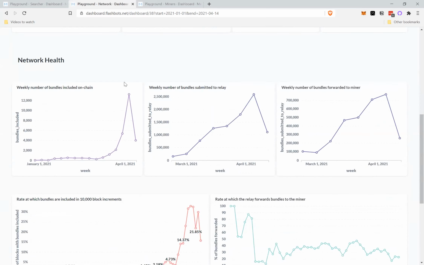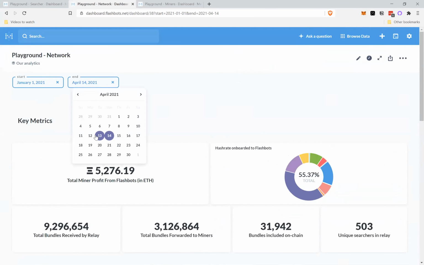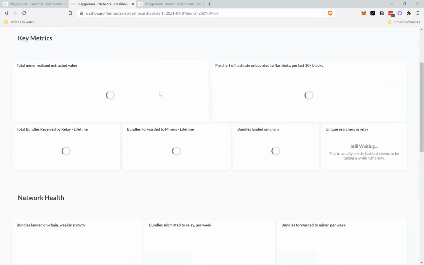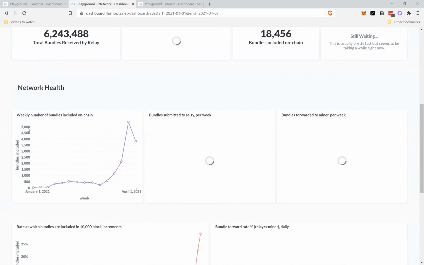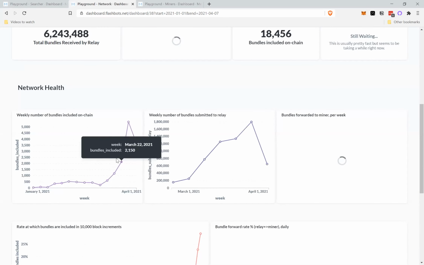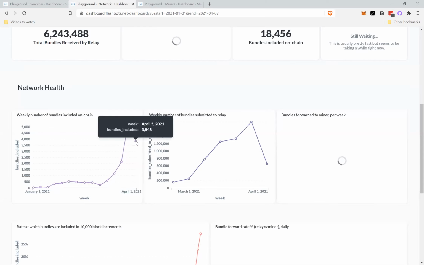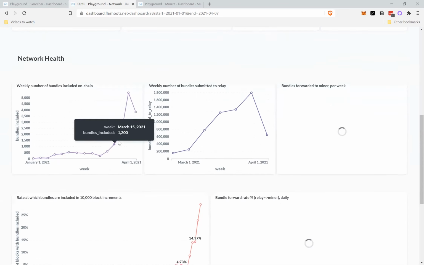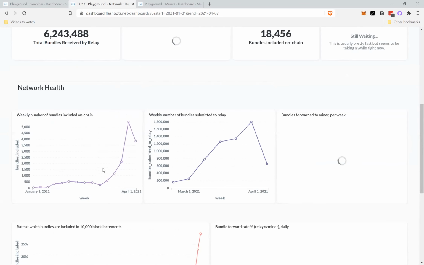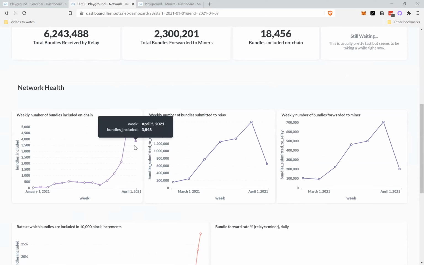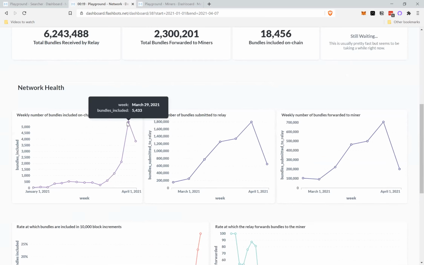You have some top level growth in the number of bundles. I'm going to really quickly fix this. So, some top level growth in the weekly number of bundles that have been submitted. And the reason why these numbers drop off is because the week is not over yet, and as such, this number is going to be lower because there's still a couple more days in the week for us to submit bundles. And all of these, again, are just up and to the right, exponential growth in the last 2 weeks or so.